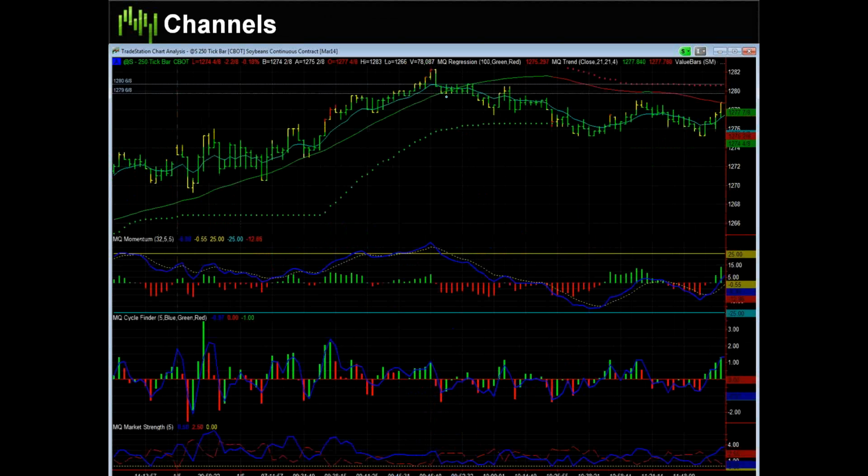And then you have a channel, which is essentially two resistance and support levels that a market is stuck inside of, and then you're looking for it to break out above or break out below. Don't try to guess which way it's going to break. That's a risky thing to do. It can be painful too. How far will it move after the breakout? Well, you're going to look at your longer time frame charts, but if you're just trying to day trade it, your profit target is going to be significantly over or significantly undervalued according to value charts and value bars.